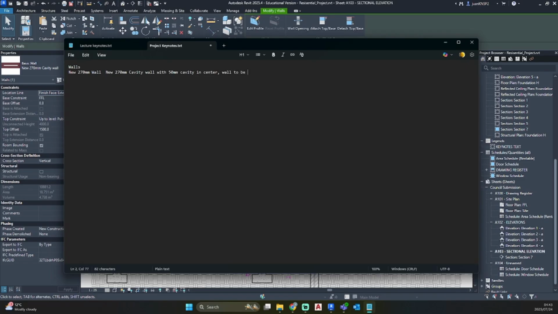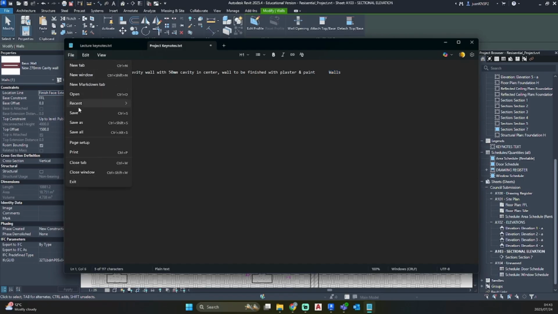Wall to be finished with plaster and paint. Certain paint, and then we can press tab again so that we link it back to our walls. So let's go tab and walls. So at the end of your keynote, keynotes are case sensitive, so this needs to match this.